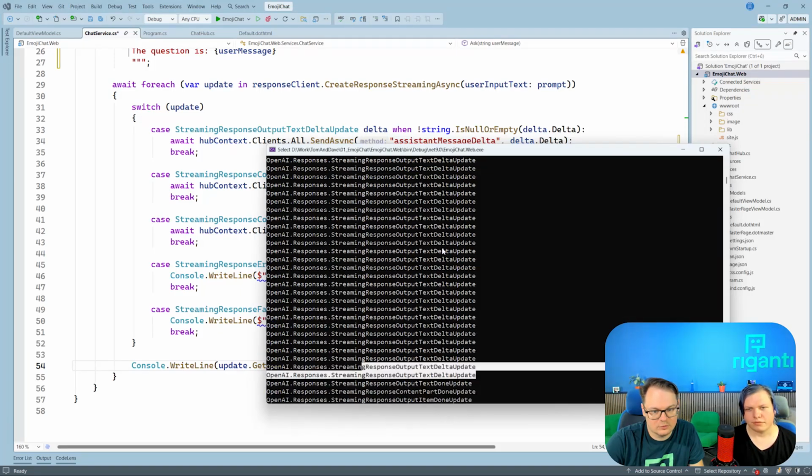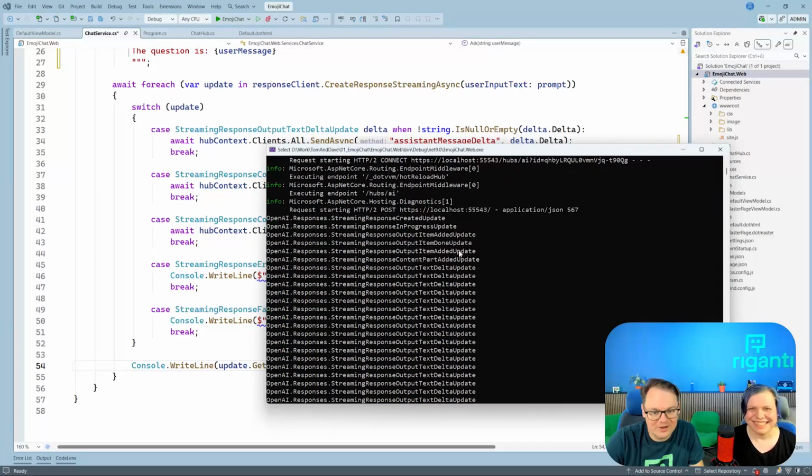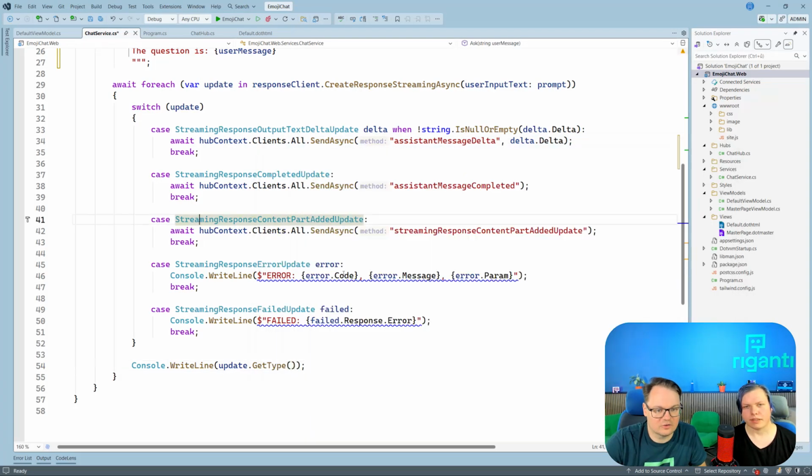We were handling these ones, and at the beginning there would probably be that content part edit. Once I'm scrolling using the wheel, but it's still the same line, so it wasn't visible. Yeah, so response created, in progress, output item edit, and this content part edit. So there is a bunch of events, and there are also these error states, which we were lucky to not get. So we are not handling them in any way. We should probably introduce another kind of message to push it in the page and indicate the error, something like